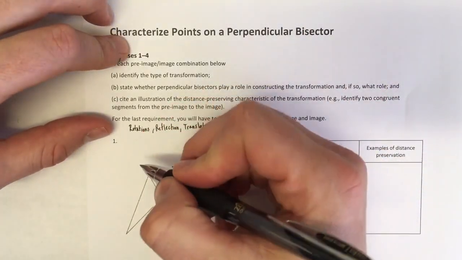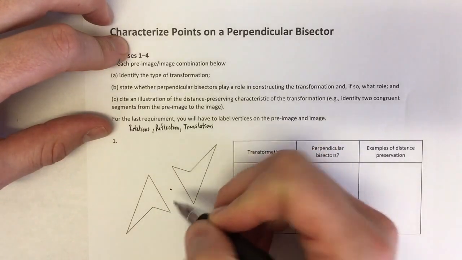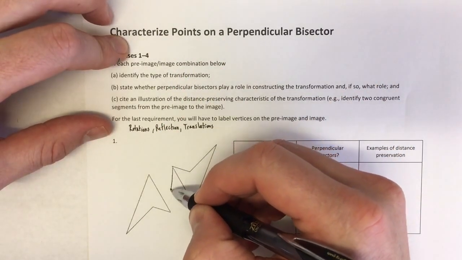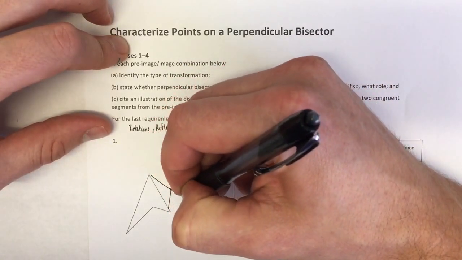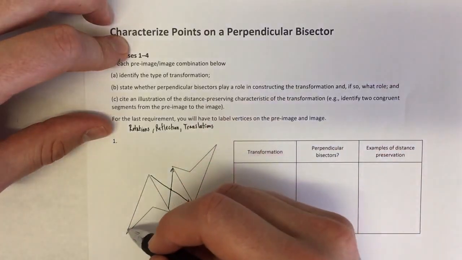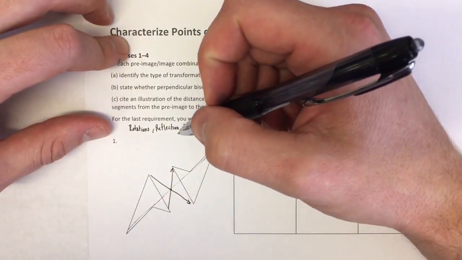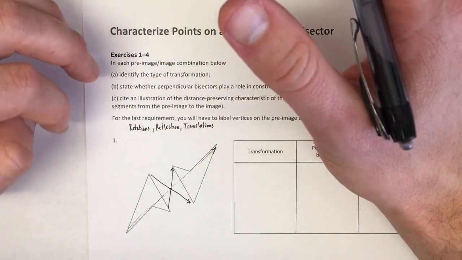How do I know it's not a translation? Well, I can't see any vector that maps point to point that's consistent. So like this vector that would map that point to that point goes up, while this vector maps down. This one went up. So we've got all these vectors that aren't the same length, they're not the same size, and so on,